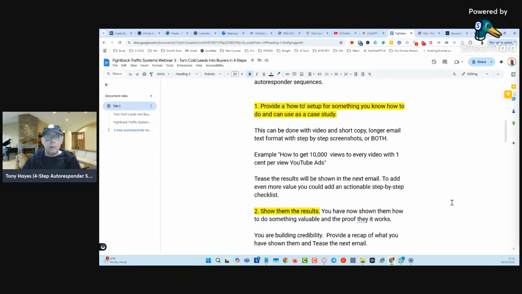It doesn't matter what industry you're in. There's always proof. There's always case studies. There's always testimonials, etc., etc. So it fits just about every market. I can't think of any market where it doesn't fit. So that's what you want to go and look for if you don't have your own case study. So it doesn't have to be your own.